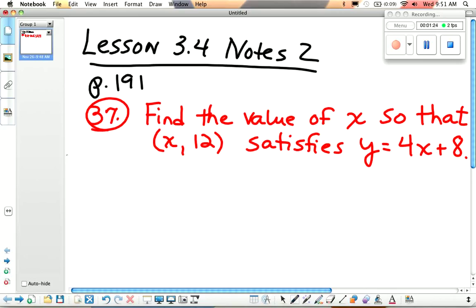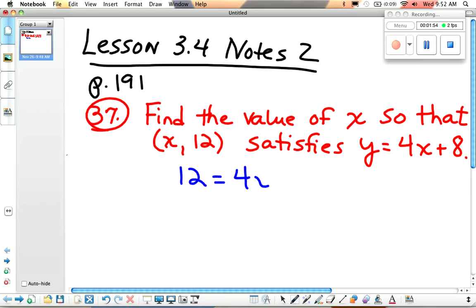Okay, so let's just say this one more time. You have to do number 38 in your homework. Any ideas how you would start this one? Find the value of x so that the ordered pair x, when y is 12, satisfies y equals 4x plus 8. Courtney? Could you plug 12 into the y? Yeah, put 12 into the function for the y